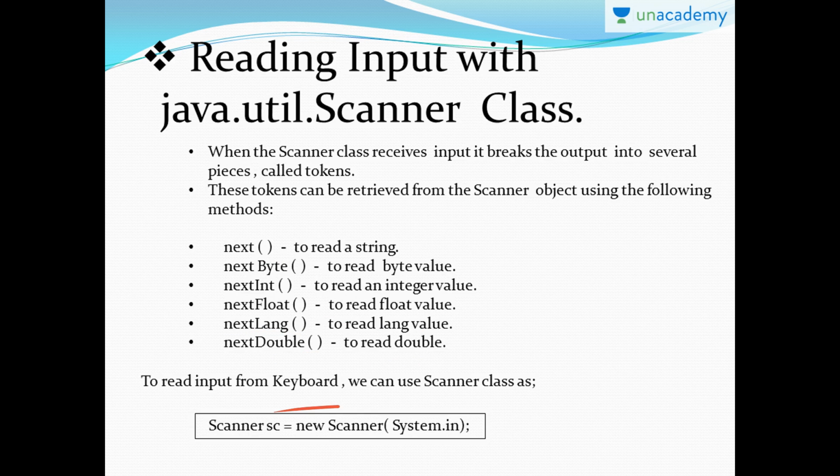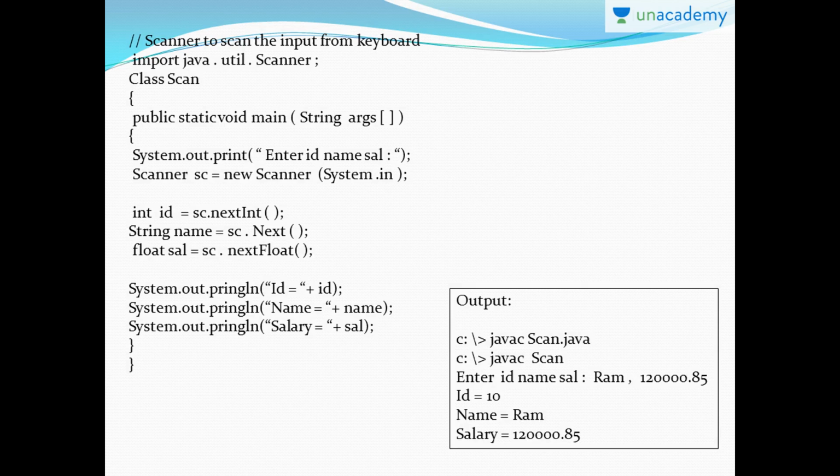All these you will be writing with this statement for the Scanner class: Scanner sc = new Scanner(System.in). All these statements look very similar. The only thing is you have to understand what you are using here and here. New is used whenever you want to create a new object, and this will be the variable all the time.